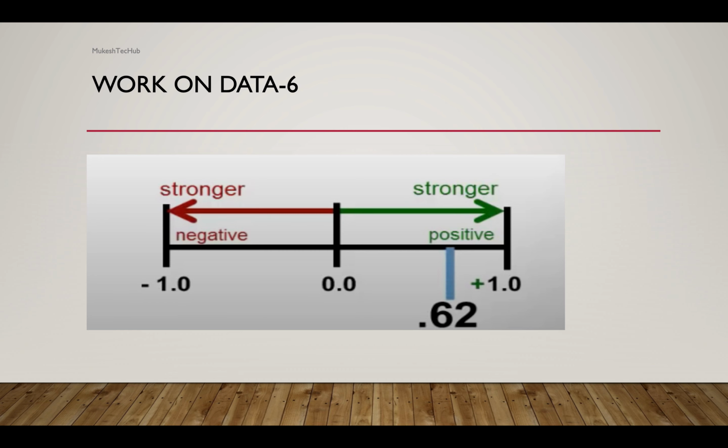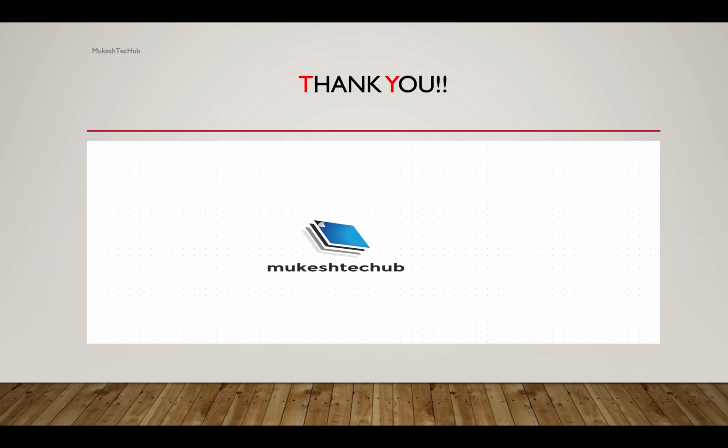So guys, from here onwards, what we have to do is calculate the hypothesis testing, and on the standard metrics we have to check the value for this calculation, and if the calculated value is greater than that value, then we have to discard, otherwise we have to accept that hypothesis. So in this case, if you see the standard metric, this 0.62 is greater than it, so we have to discard the hypothesis. That part I will also cover in the next videos, where I'll show you how we can check the hypothesis, right?